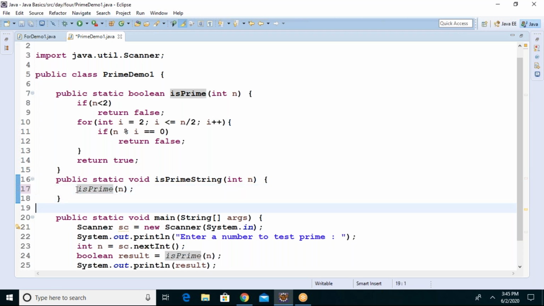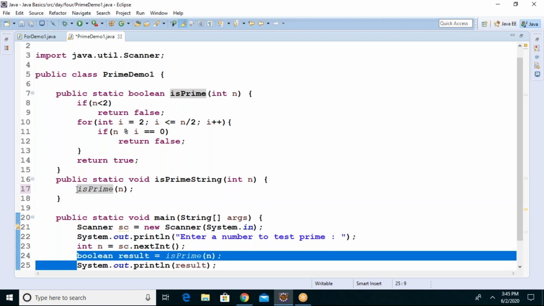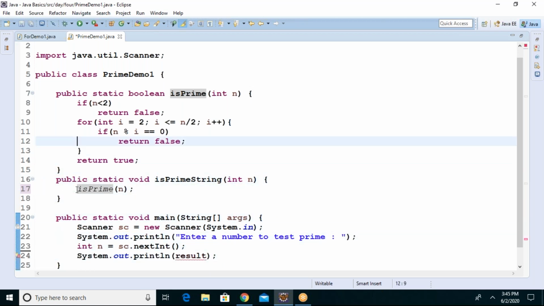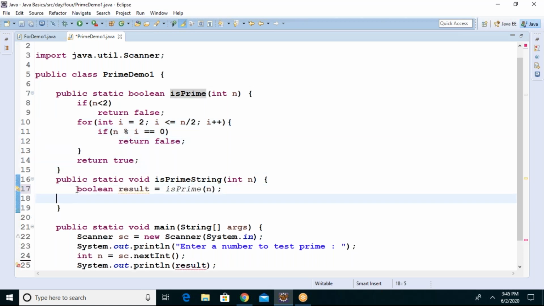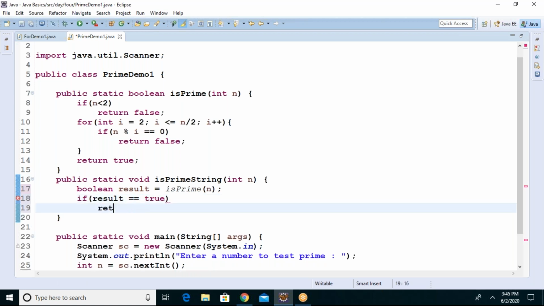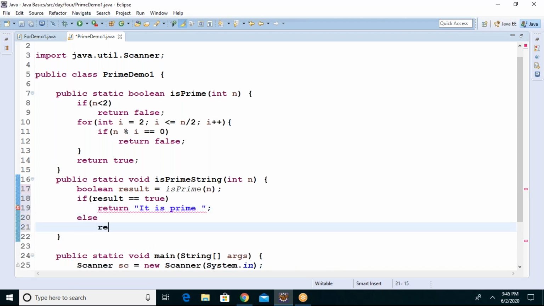I'll store it here in a boolean. If result equals true, return "It is prime", else return "It is not a prime". So this method will return a complete string value.